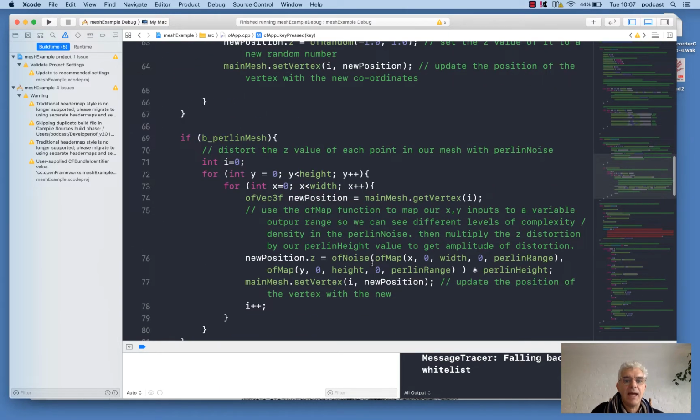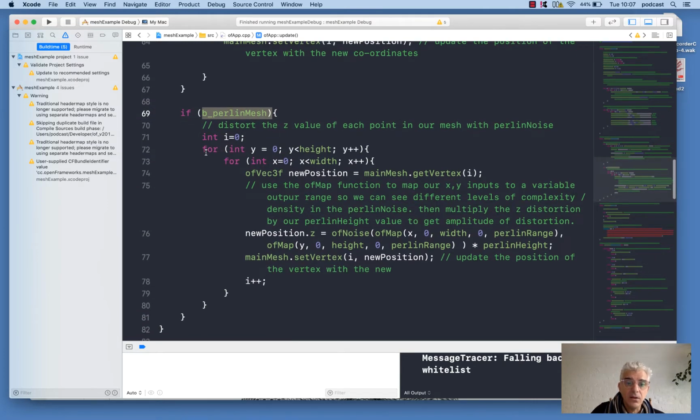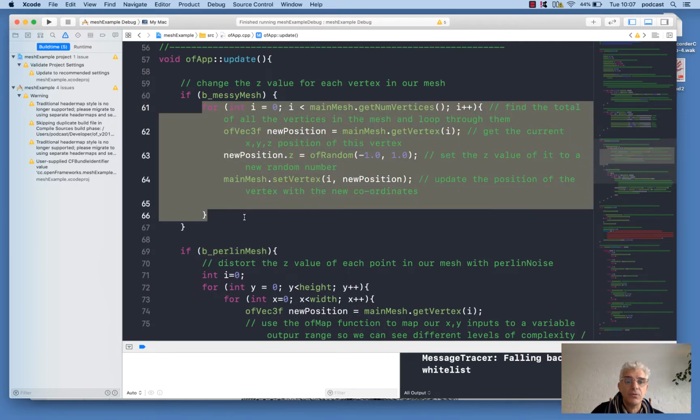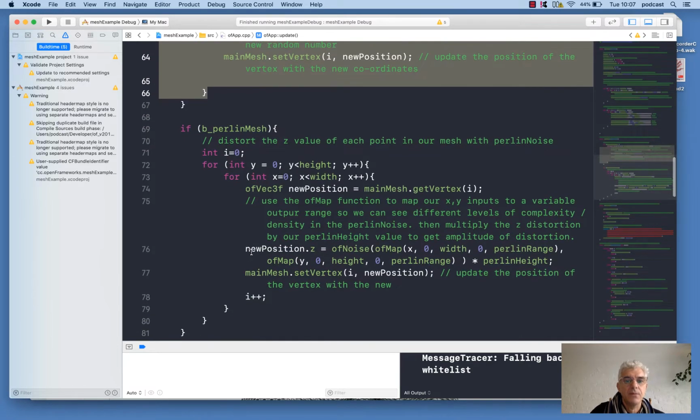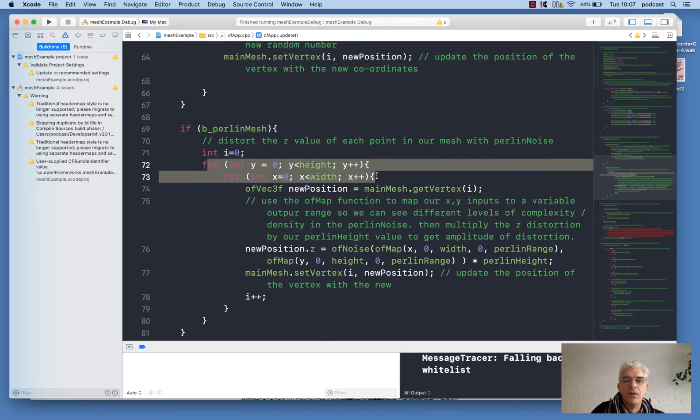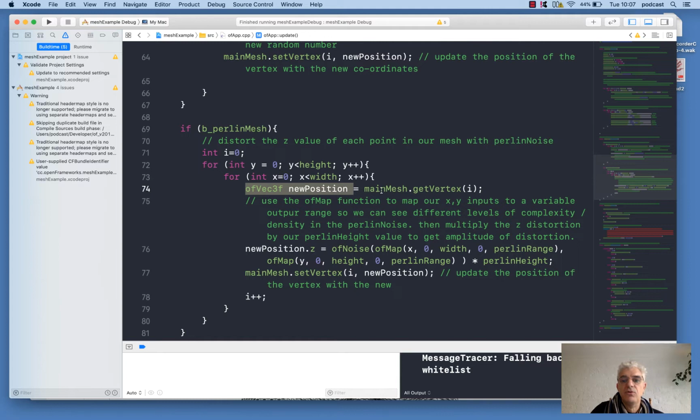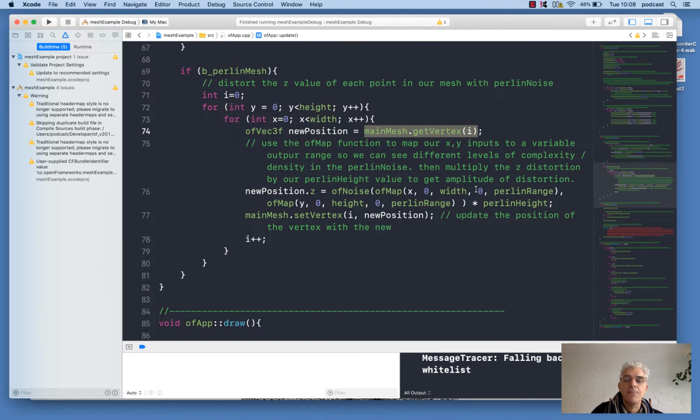And if I have got Perlin mesh Boolean true, it goes through, and again, exactly the same as this first loop, and I could actually probably tidy these loops up because I'm repeating myself a little bit here. It loops through every point in our mesh. It pulls the position of each vertex exactly like we did before, but instead of using a random value for the Z height, I'm using, instead of ofRandom, I'm using ofNoise, which is a function that pulls Perlin noise, and